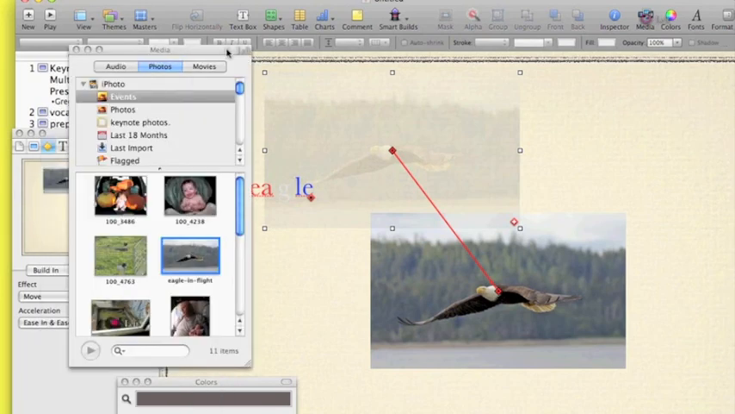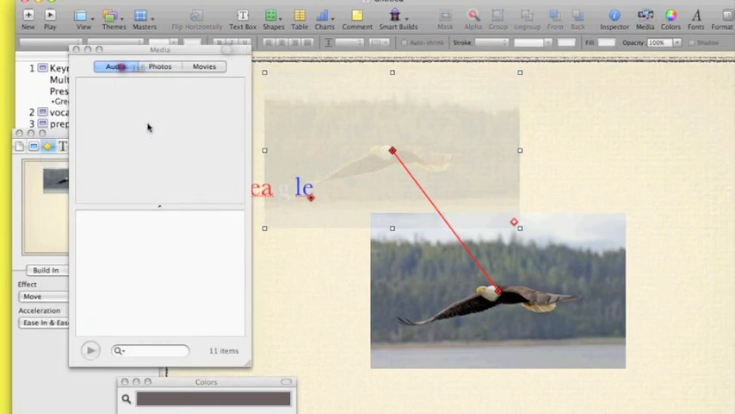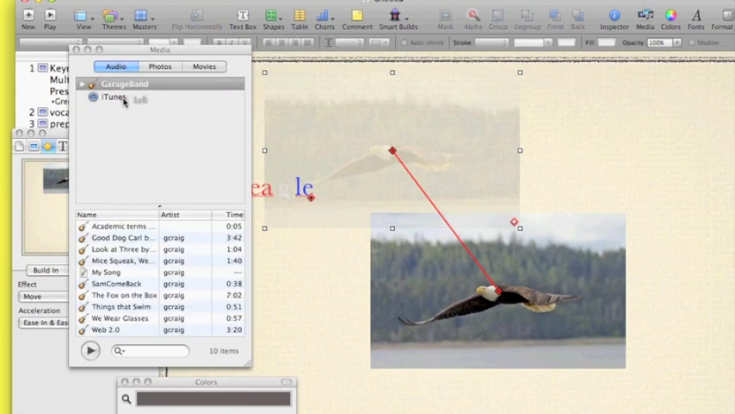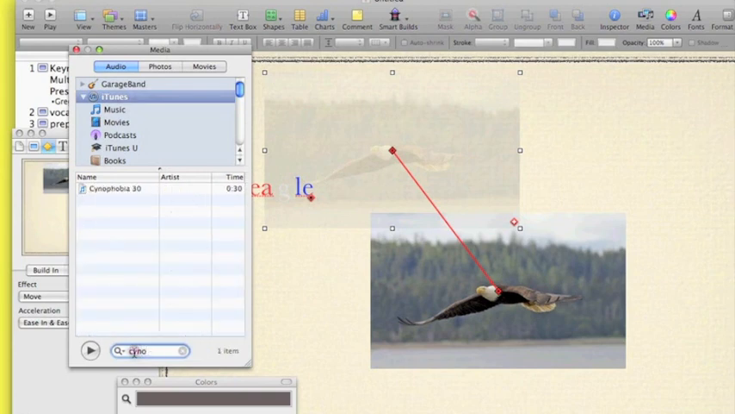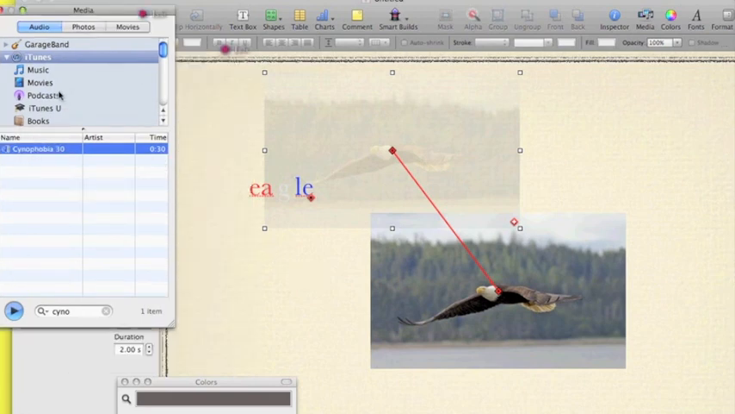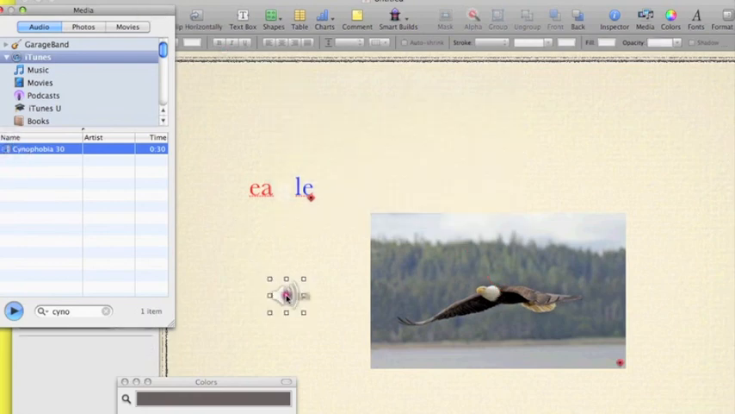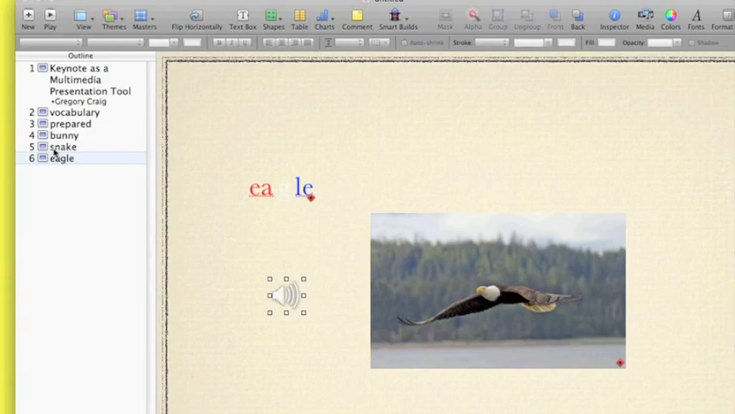Go back to media. I'm going to go up here to audio. I pulled off freeplay.net a song called Xenophobia. And I'm finding it now. It's a little 30-second blurb there. And I'm going to bring it in. And if you click on the word, nothing's going to happen. And you might get a little frustrated. Remember to click on the symbol and bring it over. And you'll see the speaker symbol there. That will not be there when you run your presentation. It's just there